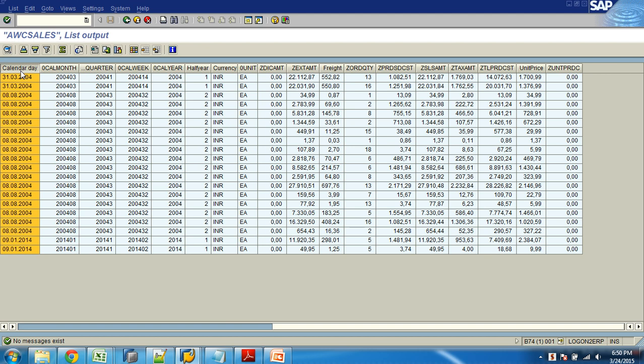So for time characteristic, why is it not given as direct assignment? When you map date to date, date to month, date to year, date to anything, you will be using that mapping as time characteristic. That's why it is not directly given the word direct assignment. Day to date would be direct assignment, but date to month is not direct assignment, right? So that's why it was renamed as time characteristic mapping. Okay, boss?